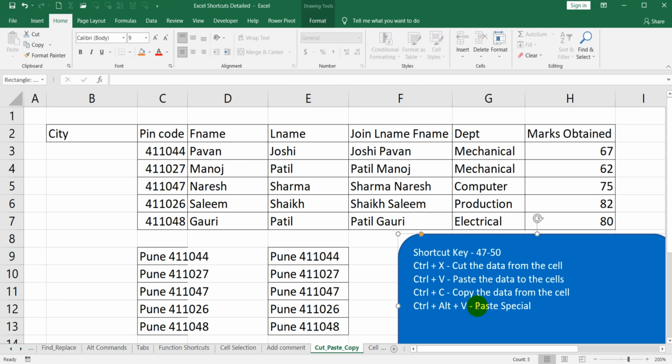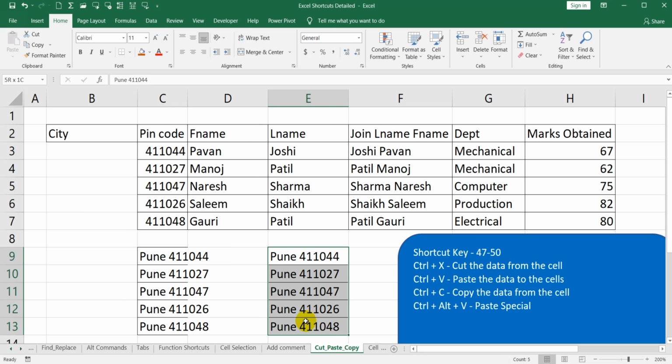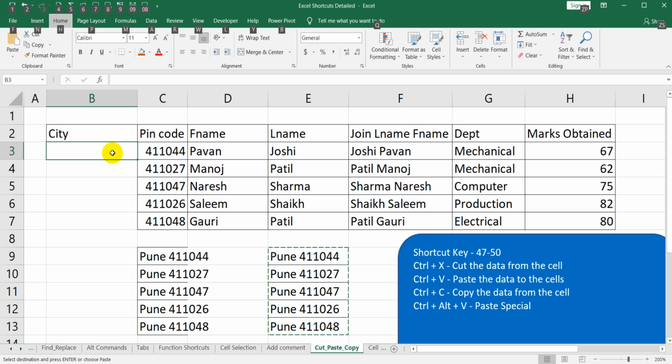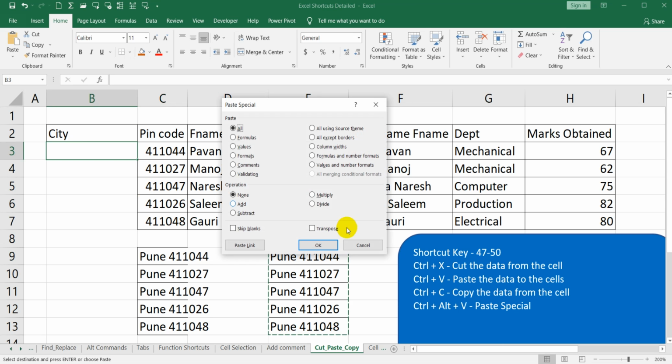Now we will use Control Alt and V for Paste Special. I will Control X this data, go to this cell, and here use Control Alt V. With this shortcut the Paste Special dialog pops up, and here you can select in what way you want to paste that data.